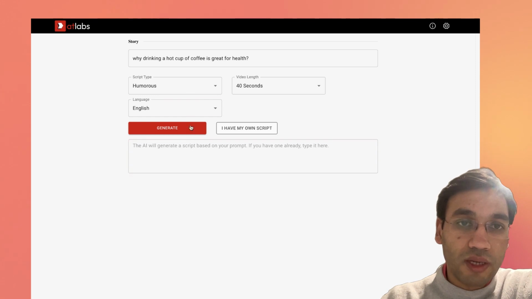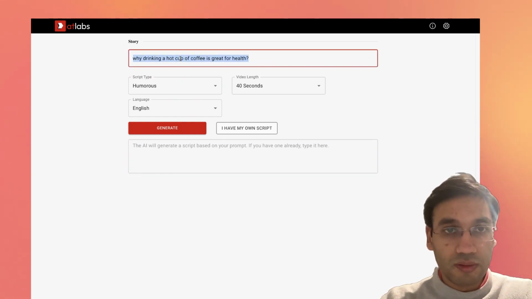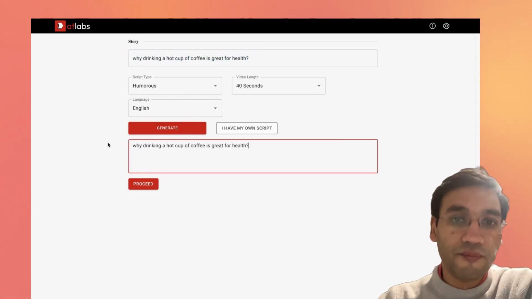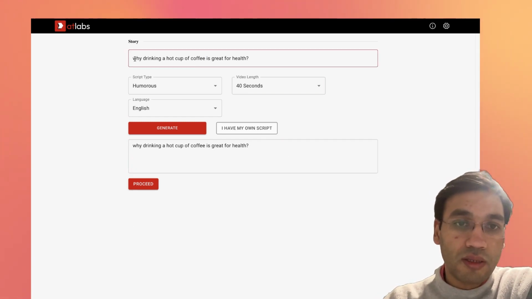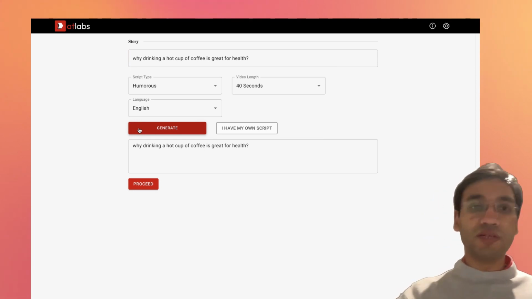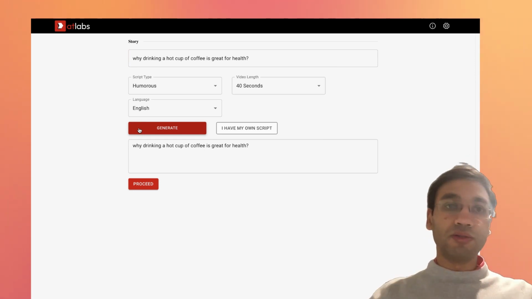So you have this. You click proceed, and there you go. I think hopefully this gives you a better idea around how to use the AI script